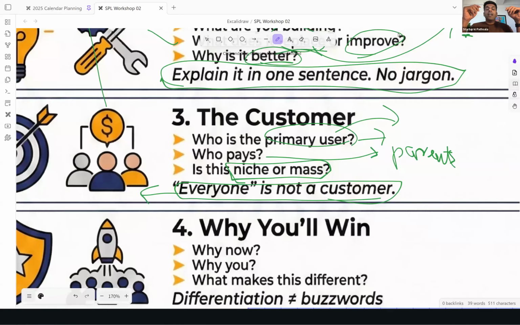So for instance, you can say, I want to target the parents of 3 to 5 year olds who have a car and who have an iPhone. You can go to that particular level of depth and specifically tell that in Facebook. It will calculate how many customers are there in a particular pin code in, let's say, Calcutta, and it will tell you how many people are there. That's how you will easily get to know, okay, this is how I can basically find out, right?